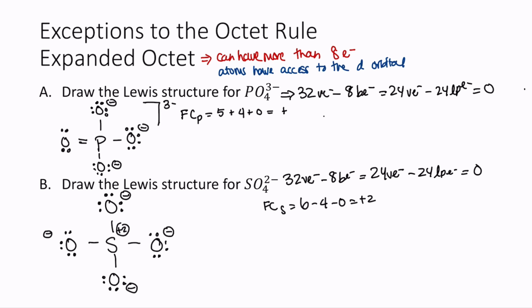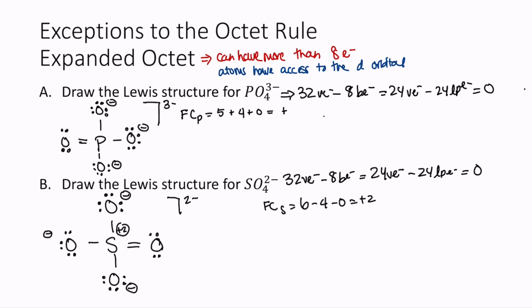You should never have a molecule or polyatomic ion that has a formal charge of greater than +1 and less than -1. So the magnitude of your charge should never be greater than 1. So even though all of my charges add up to -2, this is not a good situation because, first of all, all of my atoms have formal charges, and secondly, sulfur has a +2 formal charge, and we do not want to see that. So just like I did with my phosphate, I can start taking some of the lone pairs from oxygen